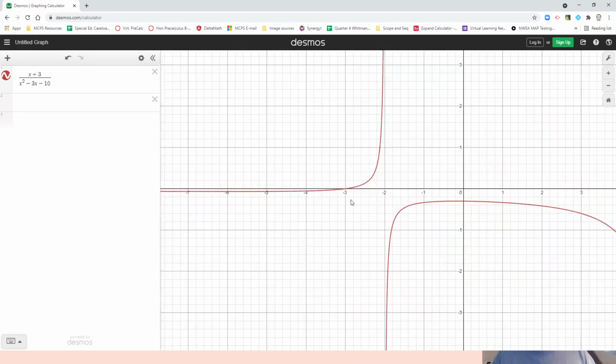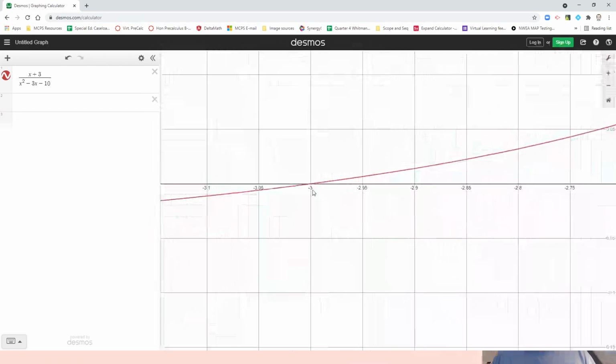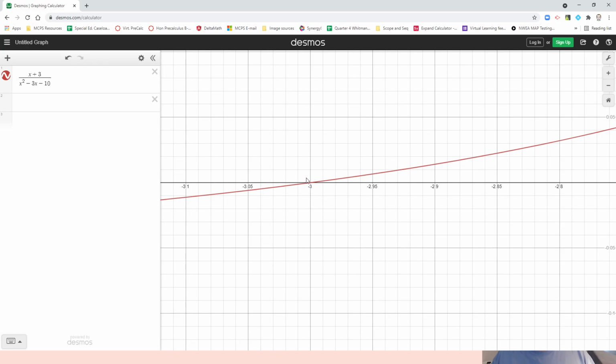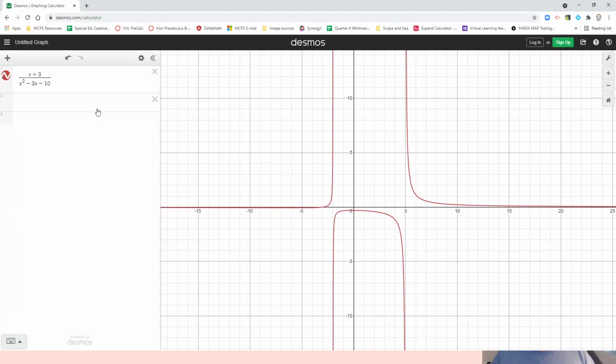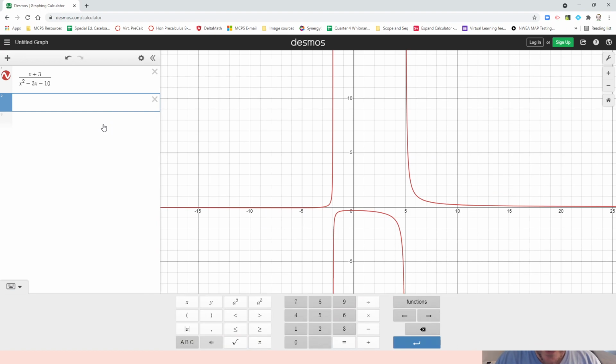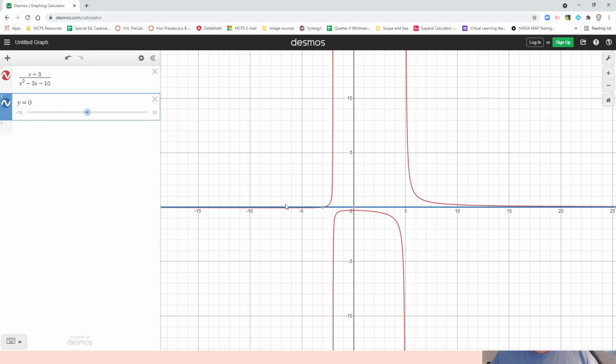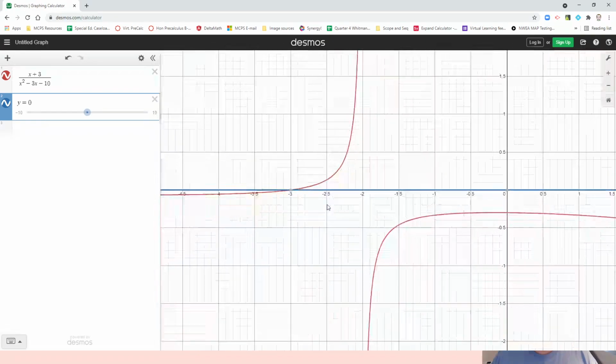We do see this point of intersection. Now we can just zoom way in on that to see that it's at -3, but another trick for finding the point of intersection is to just plug in the equation of the horizontal asymptote, like y equals 0, right? And now you can see it. And so now if you zoom in,